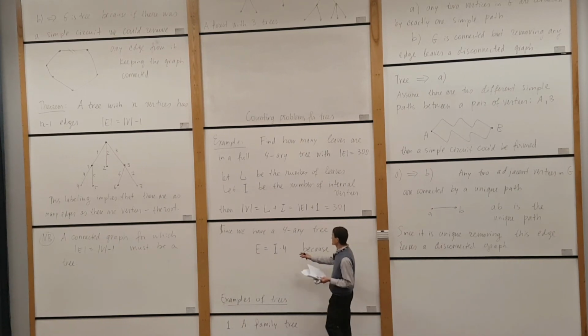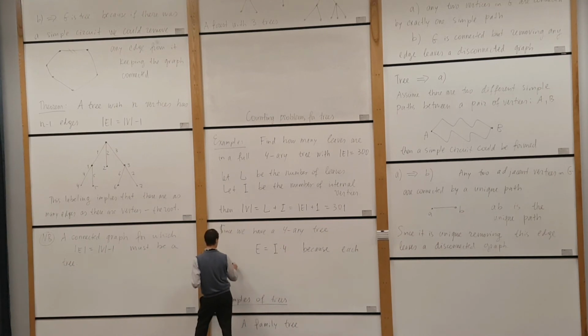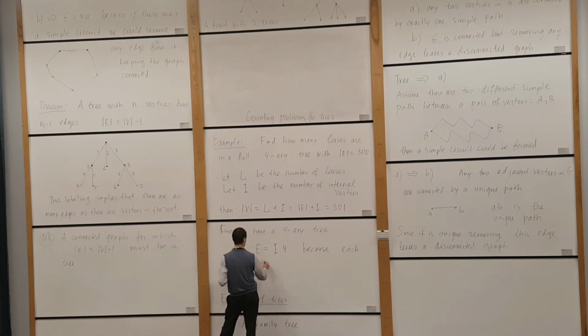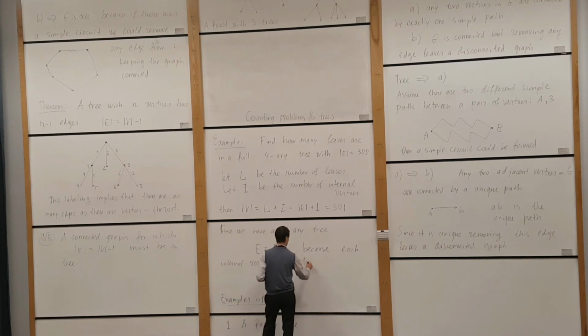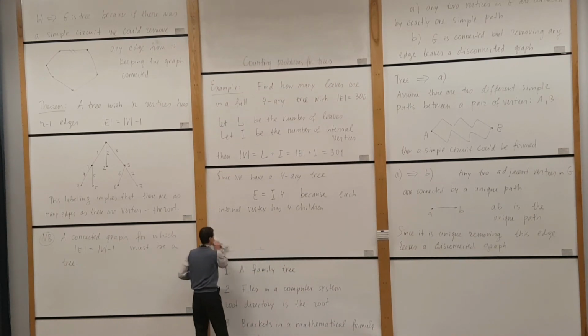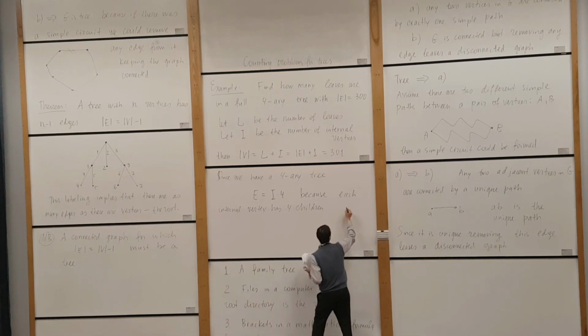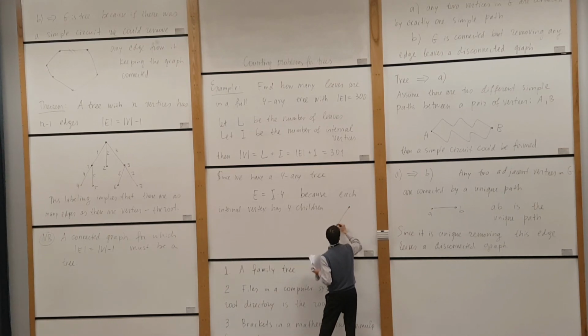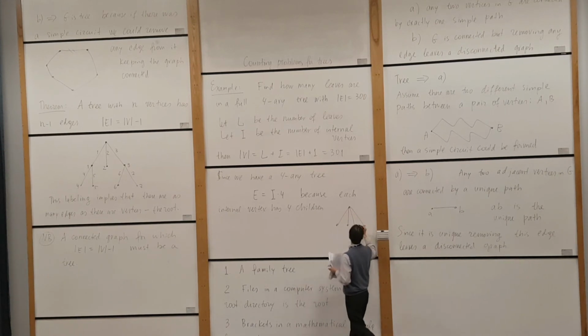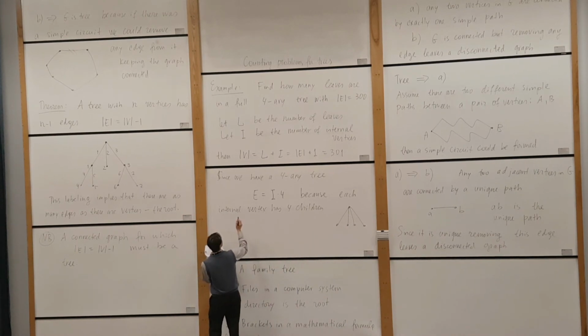Right? So, because each internal vertex has 4 children, you can count all of the edges, because they all emanate from internal vertices, right? And each one will emanate 4. So this is an internal vertex. We have 4 children, and therefore 4 new edges. So that holds. So if we substitute this now into our relation,